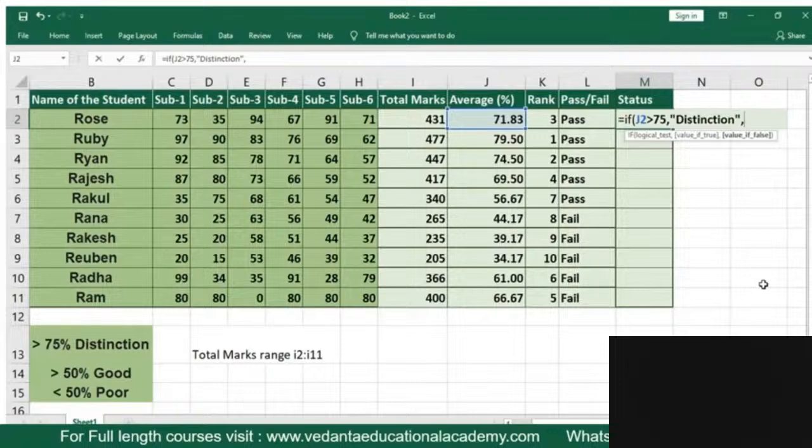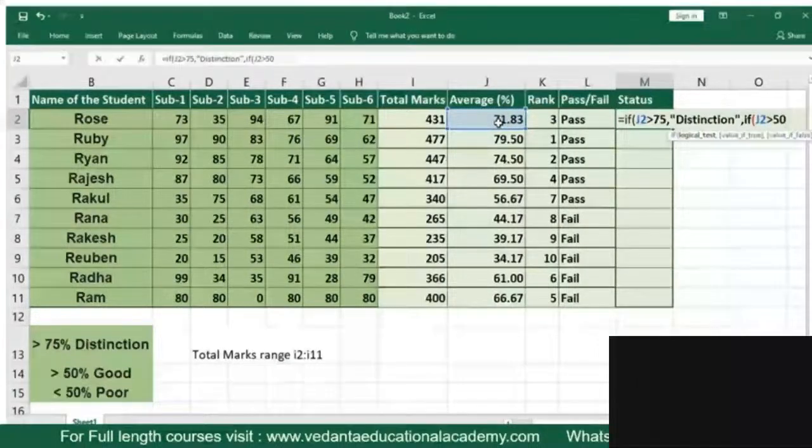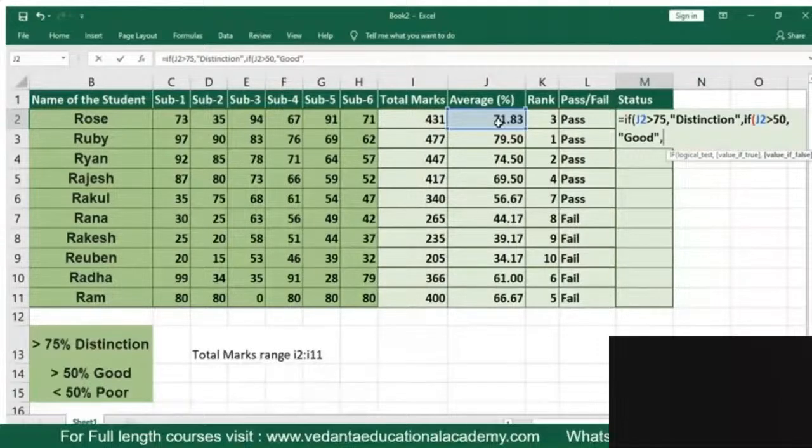So instead of giving false, again I'm starting IF, again if J2 is greater than 35, distinction, again if J2 is greater than 50, double quotes open, comma, if it is more than 50, then I would like to show as good, comma, if it is not more than 75, then it goes to check whether it is not. See, first the system calculates